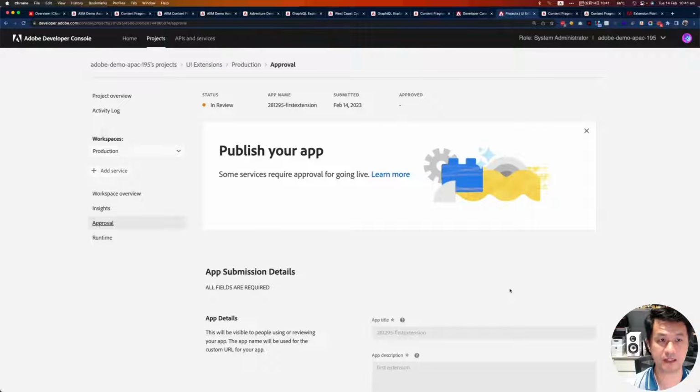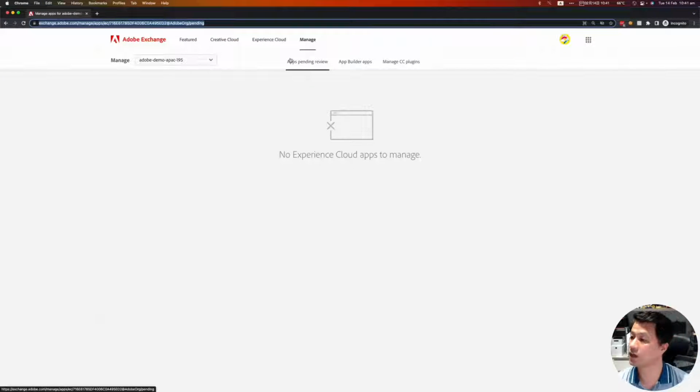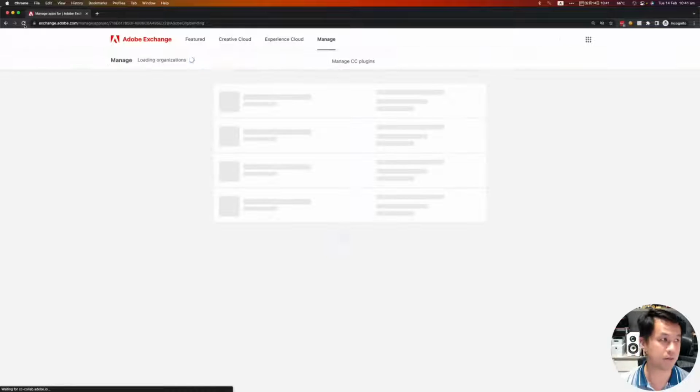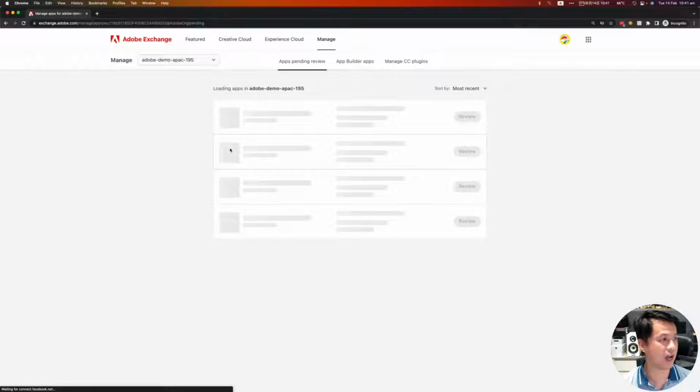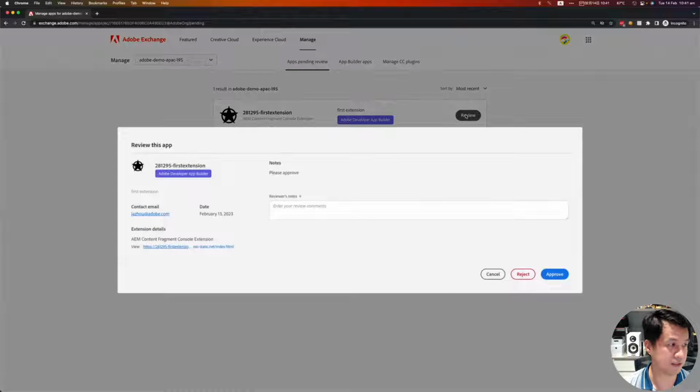After you press submit, your administrator will receive a notification on the Adobe Exchange. This may be something you have heard of. Adobe Exchange is the place you can manage all these applications you publish. Because I just put in a request, you can see this request coming in. So I'm the admin, I'm happy with that, and I just say approved.